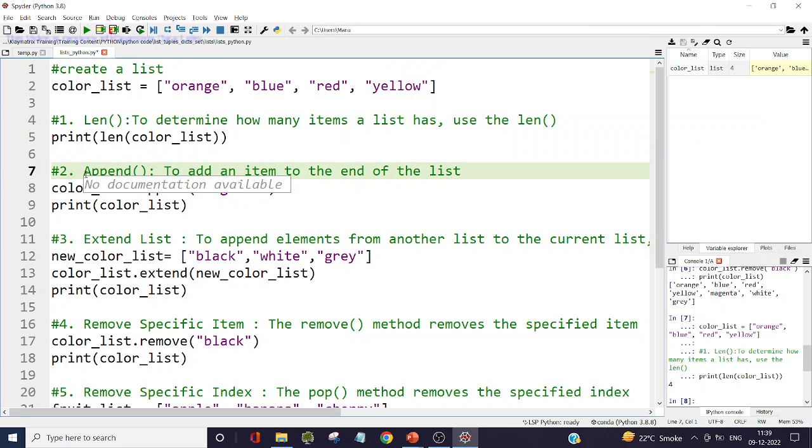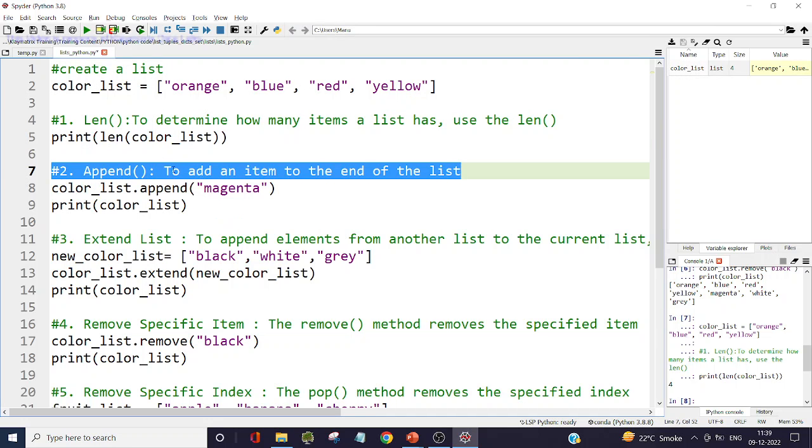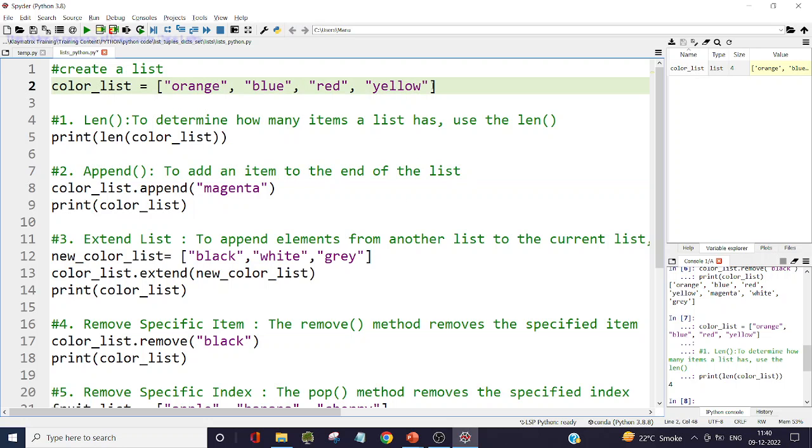The next important command is the append command. Append basically is used to add an item to the end of the list. So basically, if you want to add a color magenta here, for instance, in this list, if you wanted to add magenta here like this, so what we can do is,